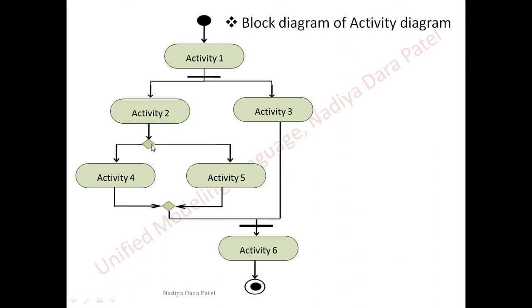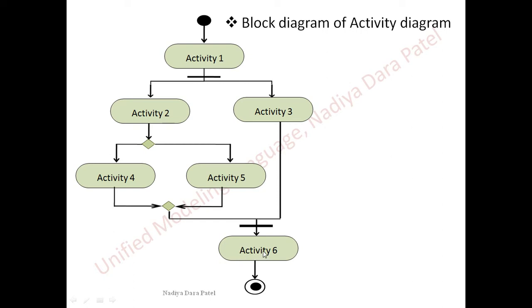After the decision node, I have to make use of the merge node. That means when the decision node divides the activities into branches, it divides them into 2 or more branches. We will have to collect all those branches together. The flow gets collected and we will have to pass it on to the next activity. Now this activity is the activity which is coming just before the final node. So it is about to finish. It is kind of like the activity diagram is over or completed.